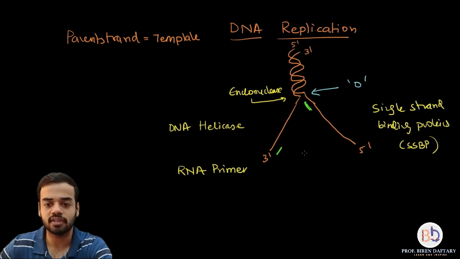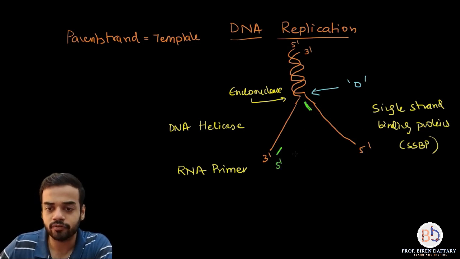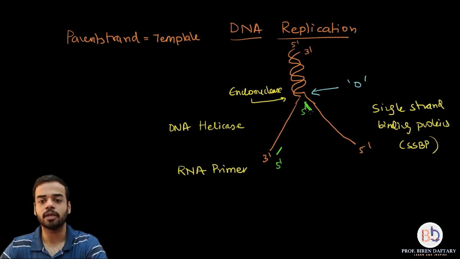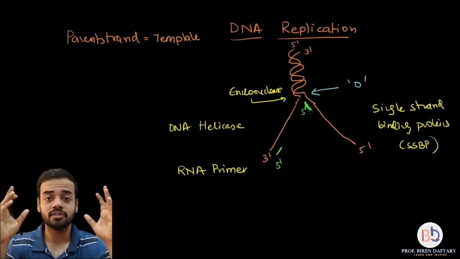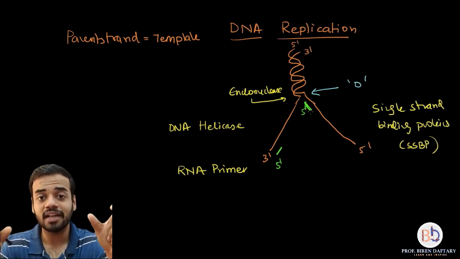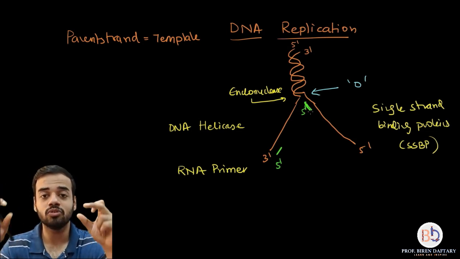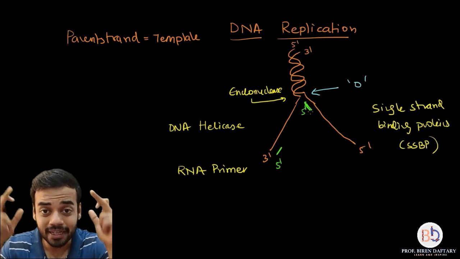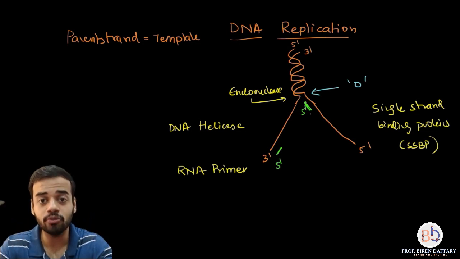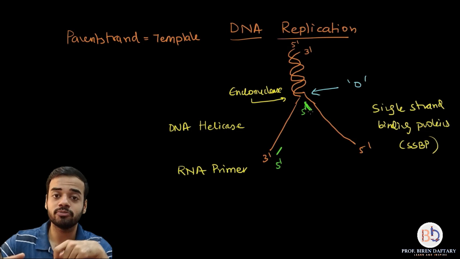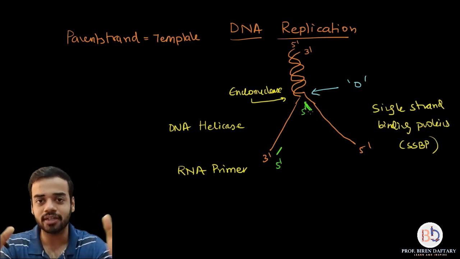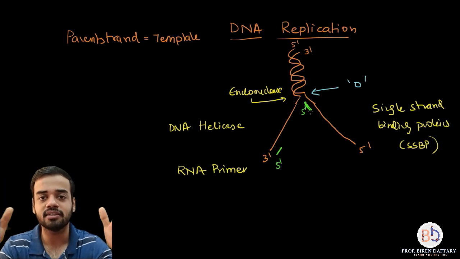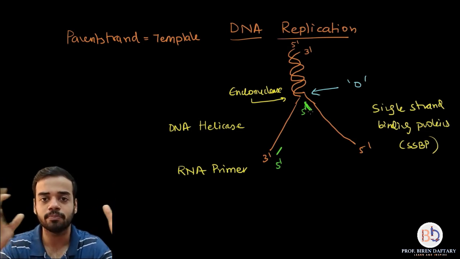So I hope you understand. And this is the 5' end of the primer, this is the 5' end of the primer. So please remember, many people make a mistake over here. Where does the primer attach? The primer attaches to the 3' end of the parent strand, or you can say the primer forms the 5' end of the new strand that is going to be formed. But forget the confusion, just remember it is attached to the 3' end of the template or the parent strand.